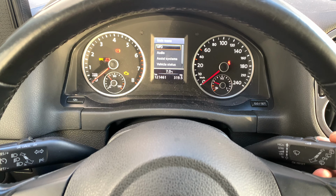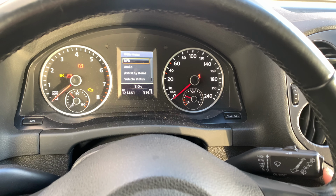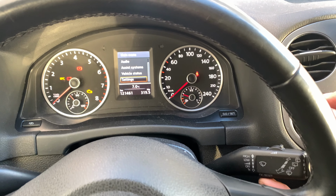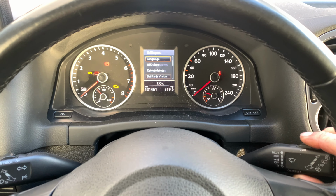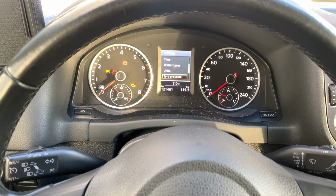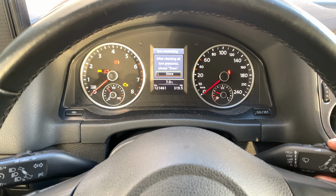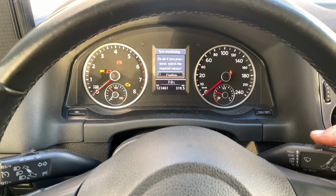Once you are here, scroll down with the same buttons, find vehicle status or settings, and there is a button over here. Yes, this button, press that to enter that menu. Once you are here, scroll down to tire pressure, enter it, and then you can scroll to store it, enter it again, confirm it,